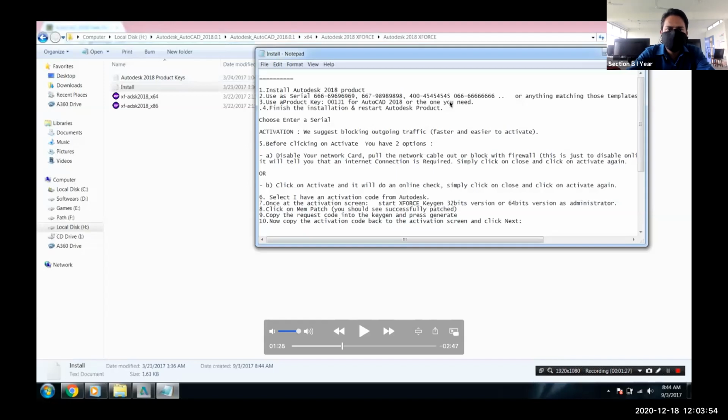Whatever software you download, inside that folder you will get one text document. In that, everything is written step by step. You have to follow those steps and it will be easier for you to understand and install.